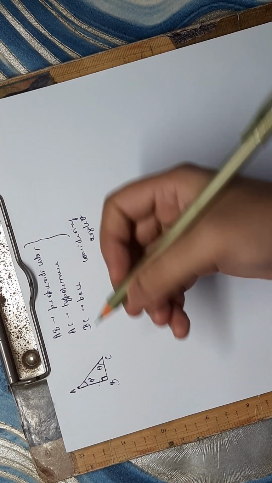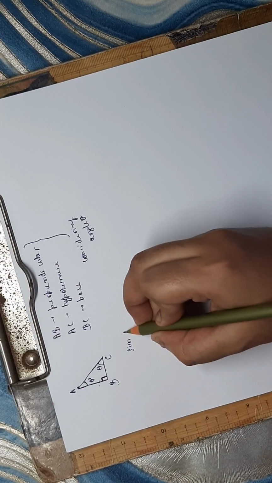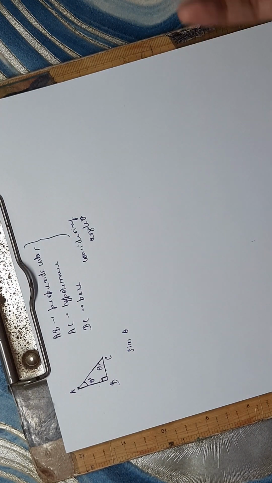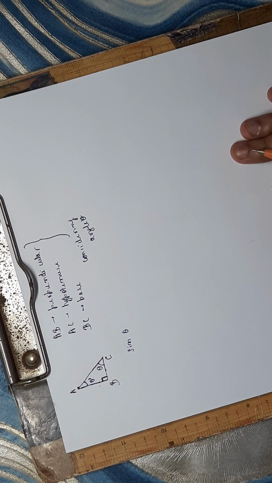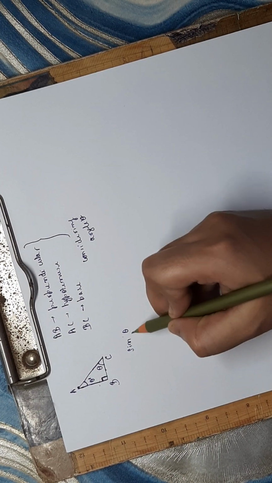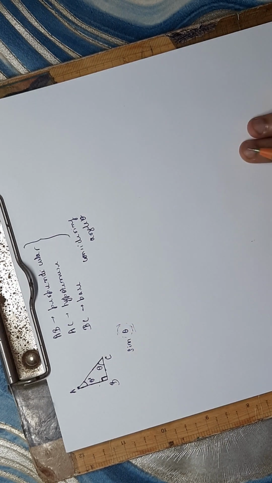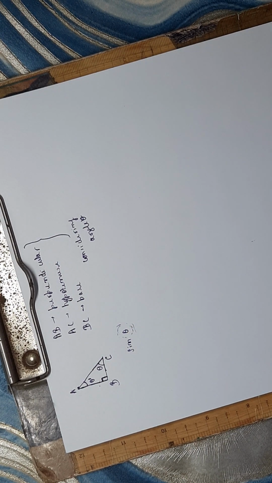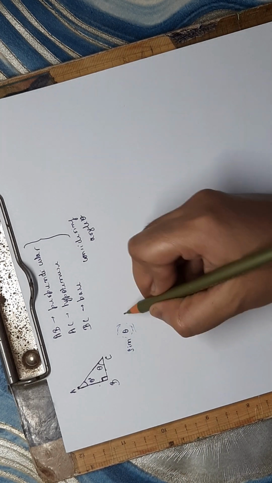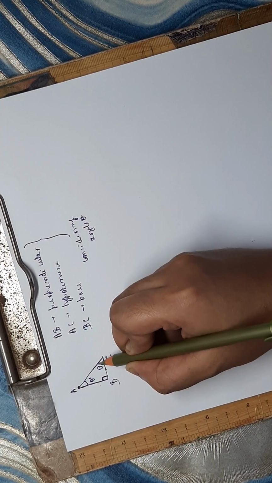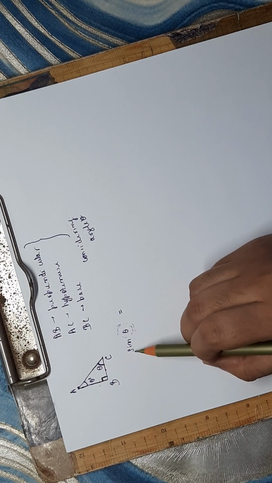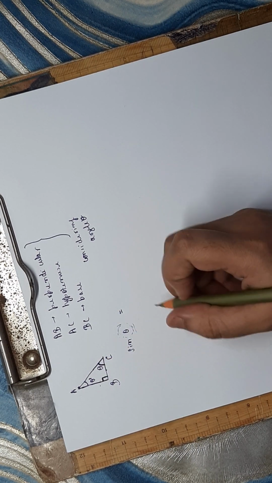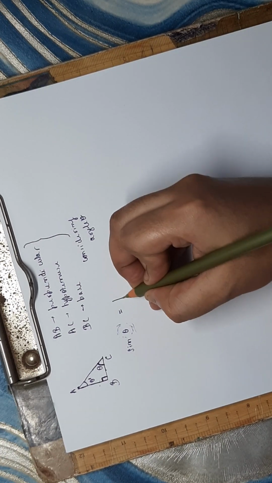Well, you might have heard of these: sine theta, cos theta, tan theta, sec theta, cot theta, cosec theta. In order to be able to apply the formulas, theta is the real thing here. Theta is what will help us solve all the problems, and the placement of the angle determines our base, hypotenuse, and perpendicular. So the formula of sine theta, considering angle theta here: sine of theta is perpendicular